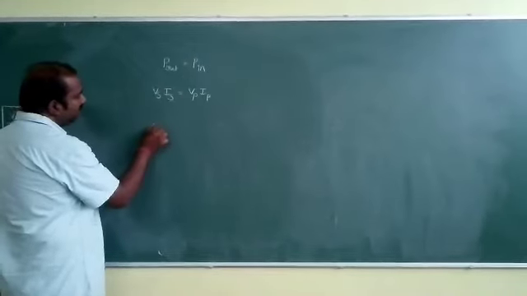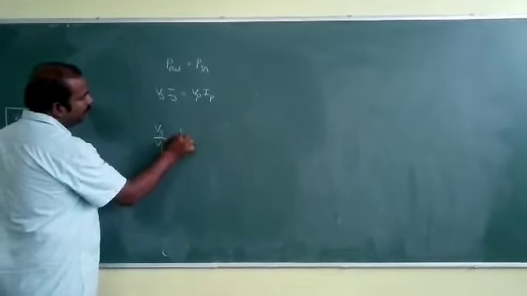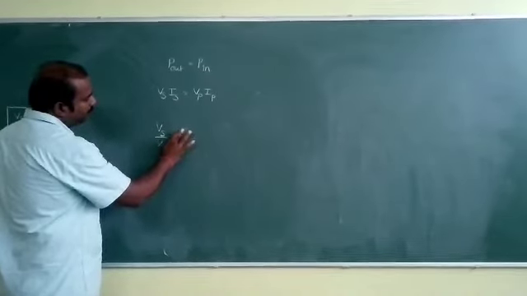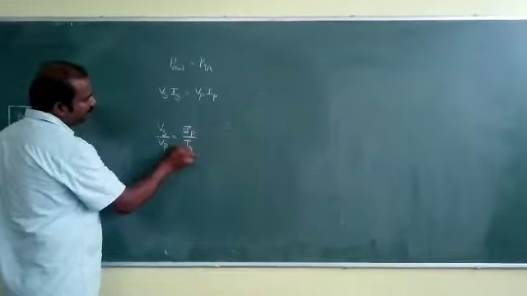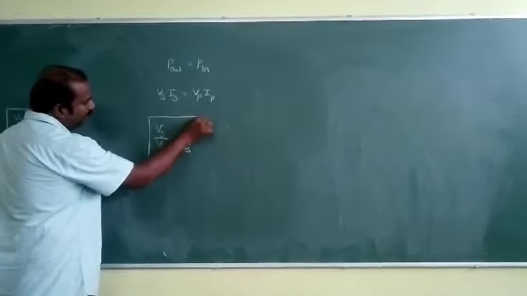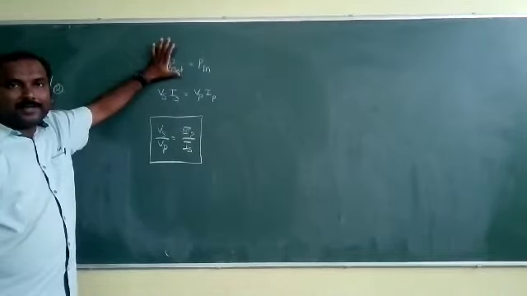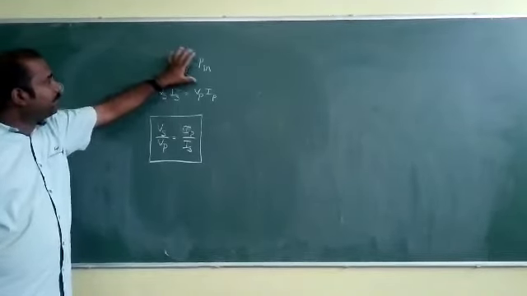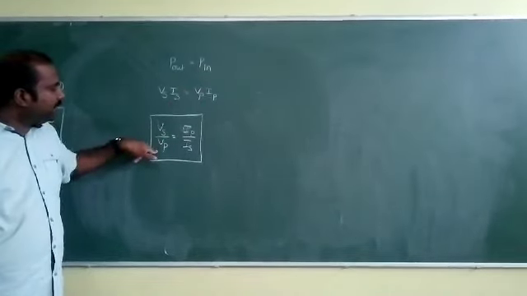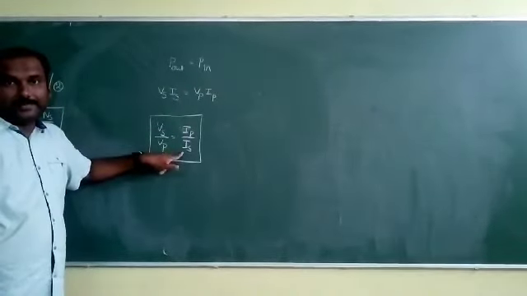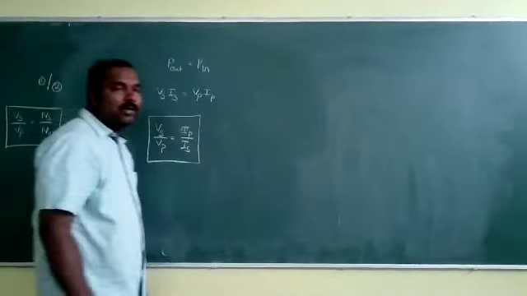And finally here we can get Vs by Vp is equal to Ip by Is. So finally here voltage and currents are related like this. If the transformer is ideal, power output is equal to power input, and Vs, Is is equal to Vp, Ip, and Vs by Vp is equal to Ip by Is. And finally, by using all these terms, I can write one simple equation.